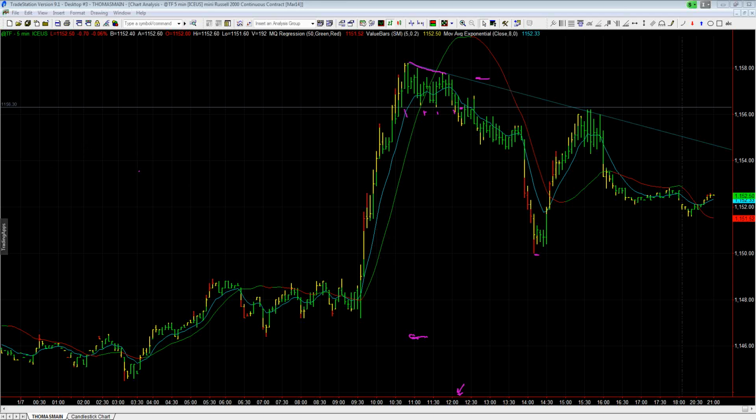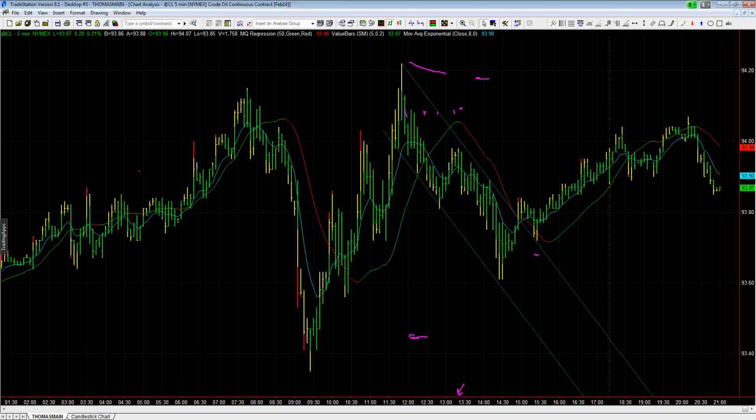Another one was crude oil. Now, this is not one I pointed out in the trading room because this was after the trading room. But you can see, remember I said a channel can occur on a descending or ascending channel. It doesn't necessarily have to be sideways. You had a nice channel develop here in crude oil, and you can see what happened when crude oil broke this. It actually came back and retested it right here. When a trend line is broken, it then becomes support. So it was once resistance, it became support.